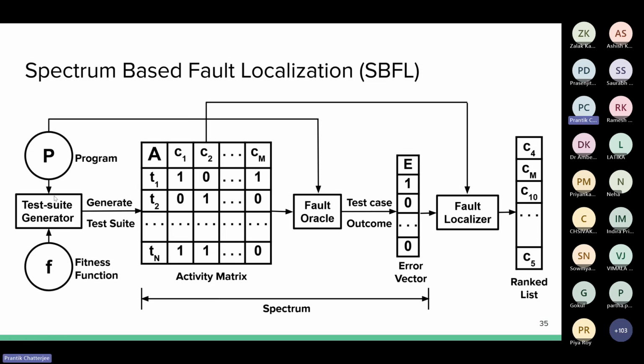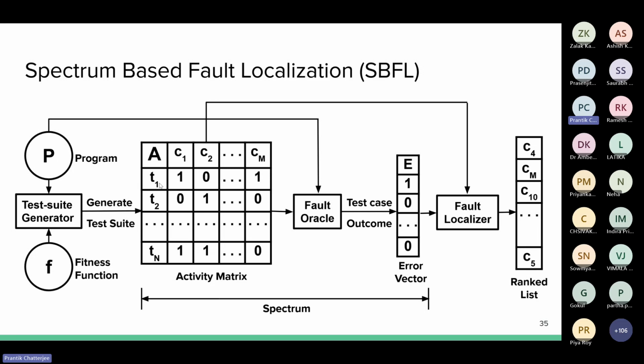Now the test suite generator, after getting this program and after having this fitness function plugged in, it will produce test suites. Now in spectrum-based fault localization, let's first define the spectrum. The way a test suite will look is something like this. Remember our discussion about the heat pattern. You have a bunch of test cases. A test suite contains a bunch of test cases, let's say T1 to Tn.